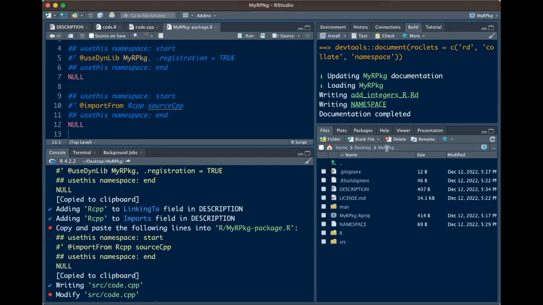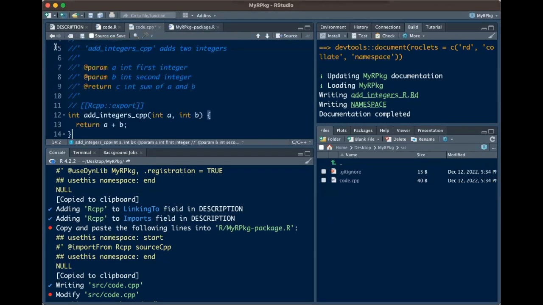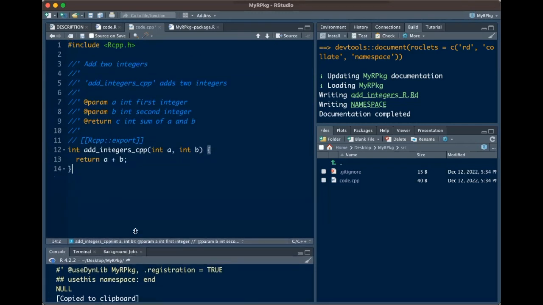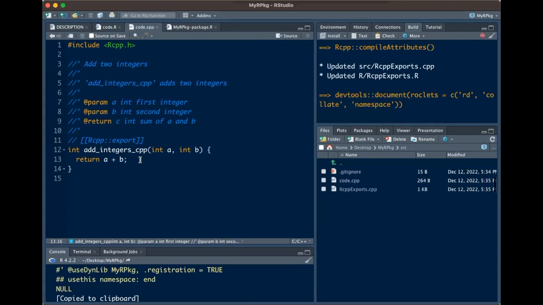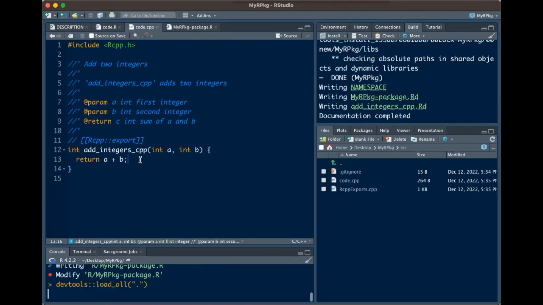Now we can go back to our source folder, code.cpp file. We can copy and paste this function, which is the same function as before, just the C++ version, which takes two inputs, A and B, that are integers, and returns an output that is the integer sum of them. We can save, and we can document our package